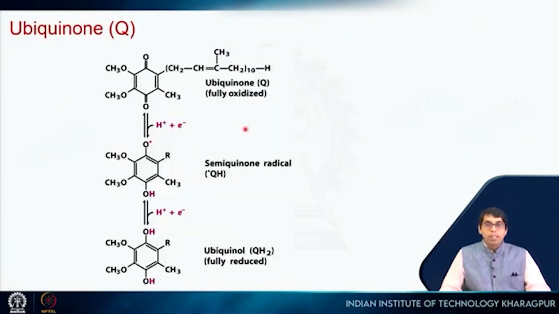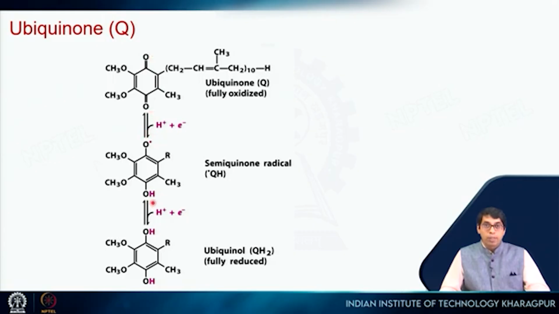So this is the detailed structure of ubiquinone, right? So this is ubiquinone. Okay, so you can see 2 keto groups here. When it takes up 1 electron, then it forms this semiquinone radical, right? So if you put an electron here and then push the arrows, this will form O dot and this will become